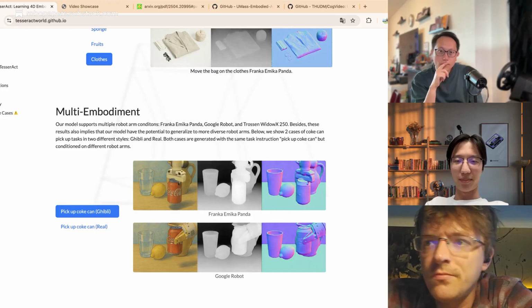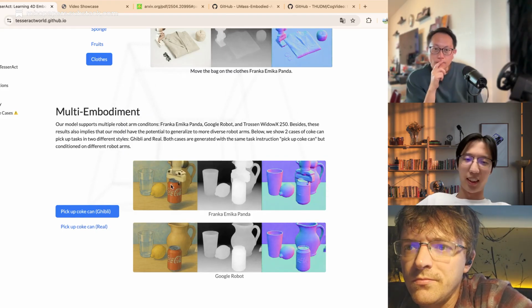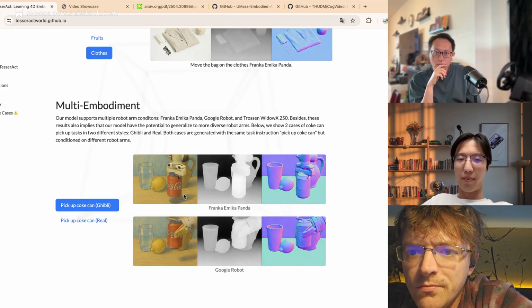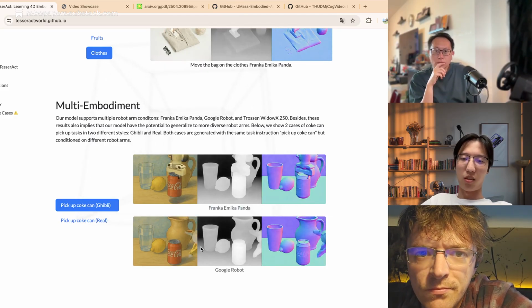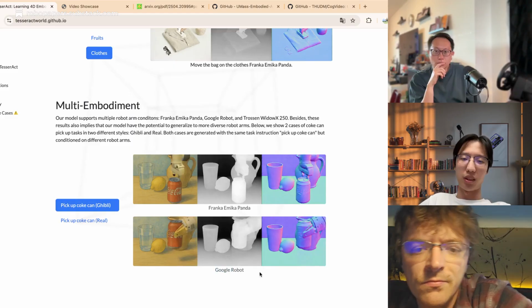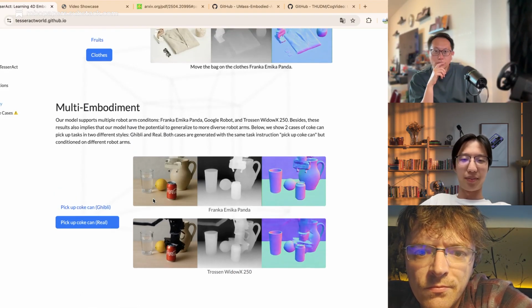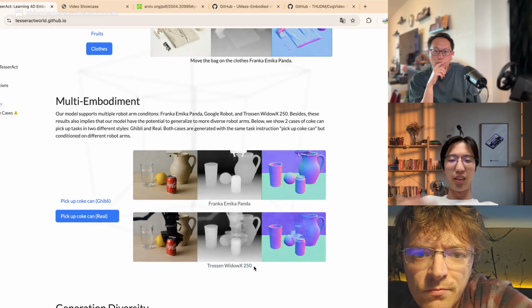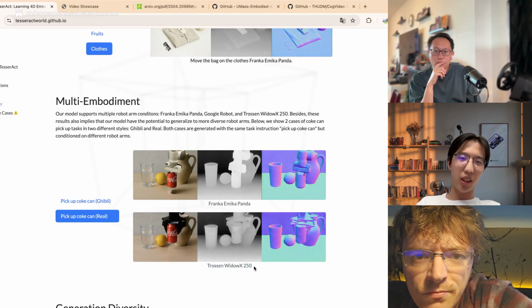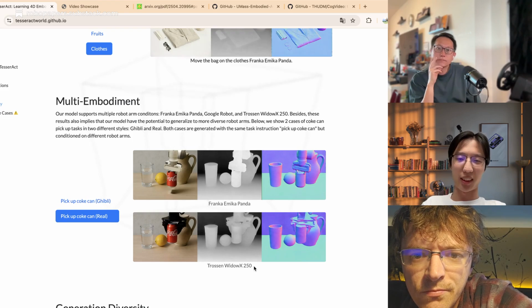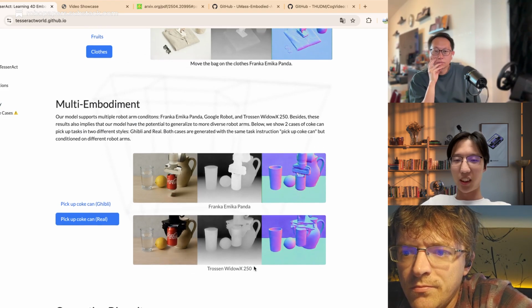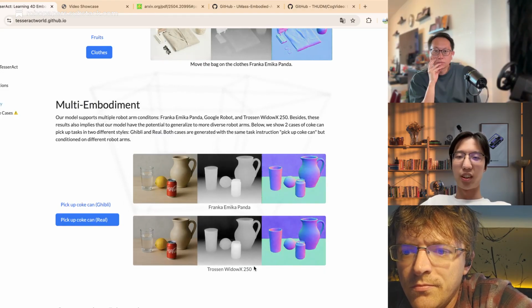For this scene, it's a Ghibli style image. We can prompt by Franka or prompt by Google robot. And another one is the real world image. You can also use a WidowX. This robot arm is used by the Bridge dataset, so we can also condition our model on different robot arms.